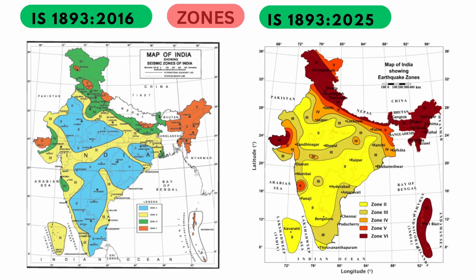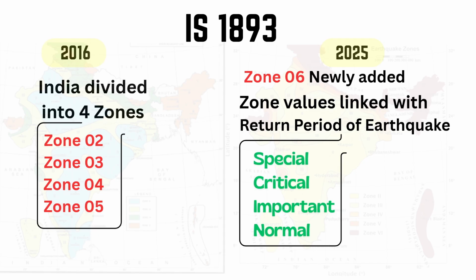The first change is the zones. Previously there were four zones on which the Indian map was divided. You can see here zone 2, zone 3, zone 4 and zone 5. As per the revised Indian Standard Code, there are five zones: Zone 2, Zone 3, Zone 4, Zone 5 and Zone 6. You can see the new change in the map as per the zoning in IS code 1893-2025. In 2016 there were four zones, and in 2025, Zone 6 is newly added in